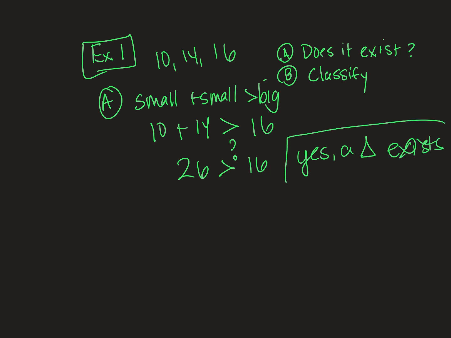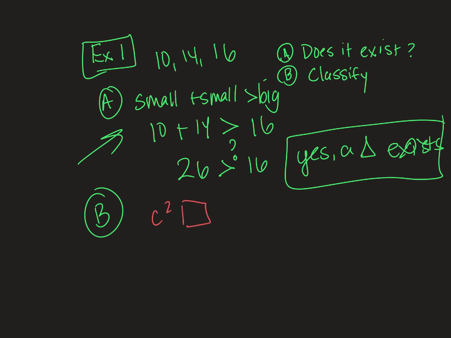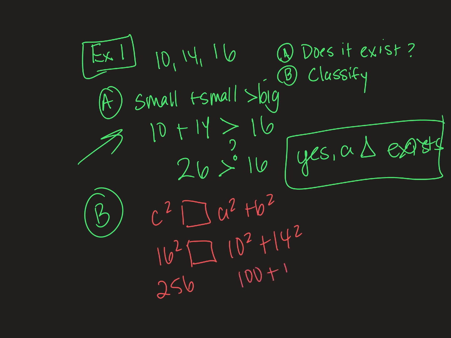Okay, so once a triangle exists, now we can classify it. Here's the thing, guys. If you skip this step, not only will you miss the question, but you're going to try to classify something that can't even be built. Okay, so once you decide that it works, now we do the c squared blank a squared plus b squared. Okay, so c squared is always our biggest, so 16 squared blank, and then we're going to do 10 squared plus 14 squared. So 16 squared is 256, 10 squared is 100, 14 squared is 196, so 256 compared to